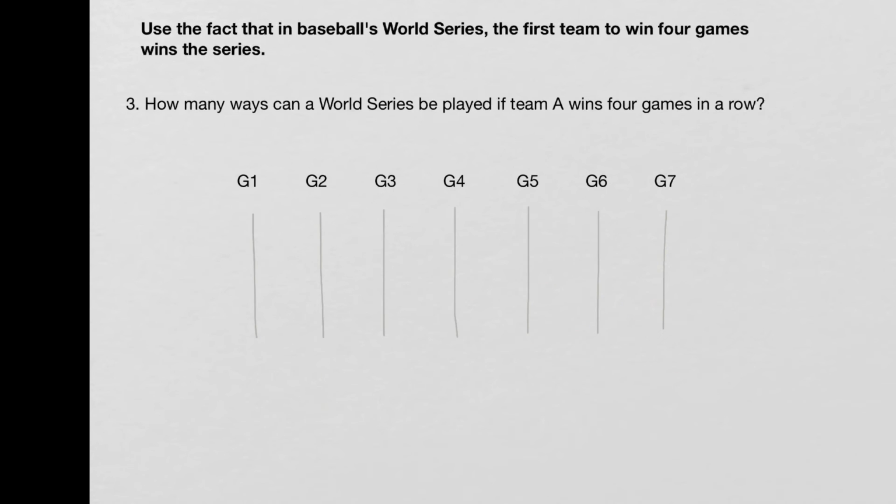Now let's take a look at number 3. In this case, it says, how many ways can a World Series be played if Team A wins 4 games in a row? All right, so let's see. In this case, either Team A or Team B could win the first game. But since we're assuming that Team A is going to win 4 games in a row, what that tells me is that if Team A wins game 1, then Team A in this scenario is going to have to win the next 3 games, because Team A is going to have to win 4 in a row,